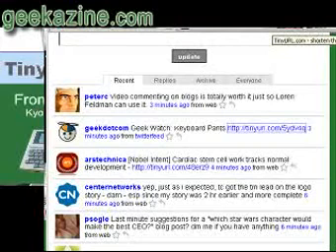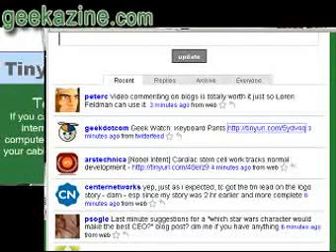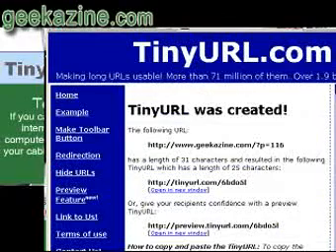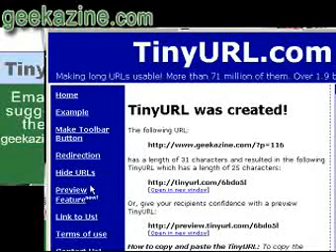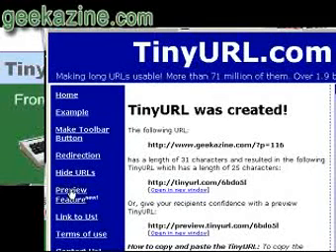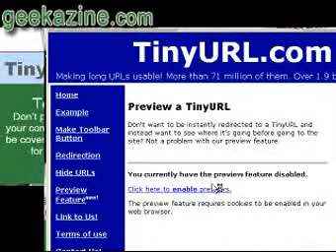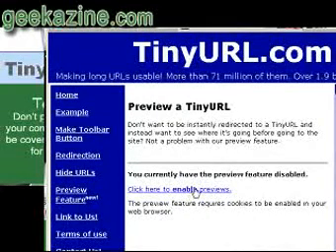So I had actually installed the feature called the preview feature. Now TinyURL, I really highly suggest that you should make this preview feature the default, which means if somebody goes to TinyURL, it should automatically preview unless you go to the settings and say, I don't want it to preview. But anyway, you go to the preview feature here, and it brings up the web page, and it says, hey, enable previews. And what this would do then is it would go to this TinyURL, and before it would go to the actual website, it would go to a preview site to say where it's going. So I'm going to say enable previews,